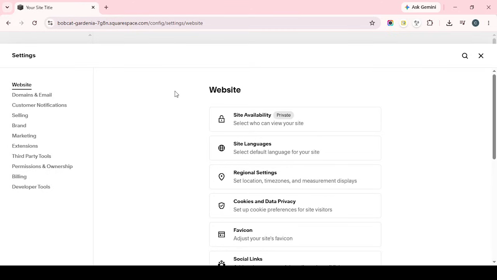Once the file is added, give the system a moment to process it. You may see a preview which can help confirm that the correct image has been selected. Finally, click Save. This is the step that applies the favicon to your website. After saving, it may take a little time for the new icon to appear, and in some cases, your browser